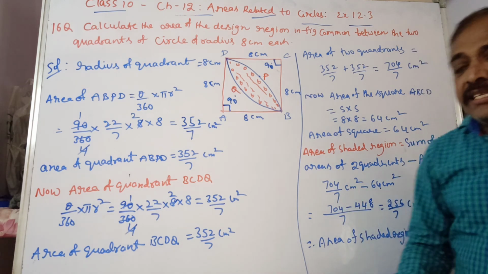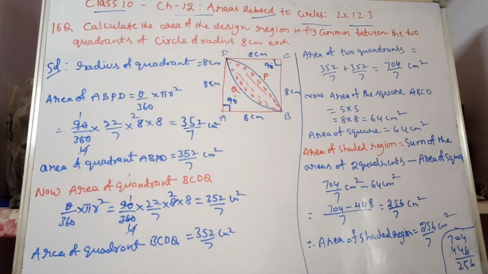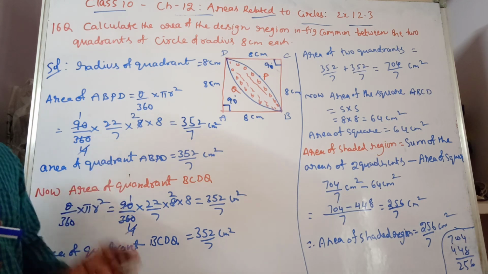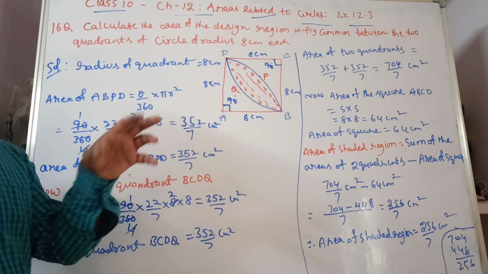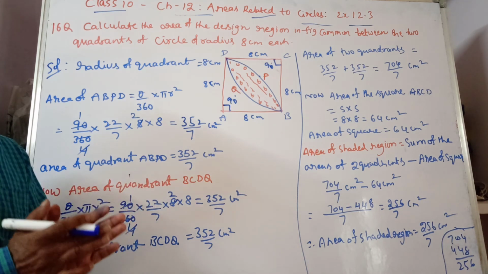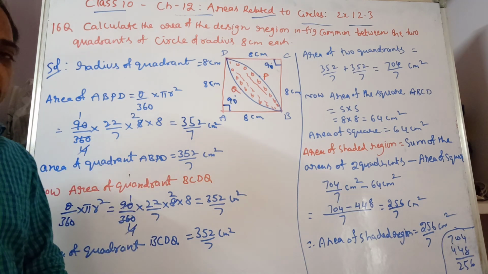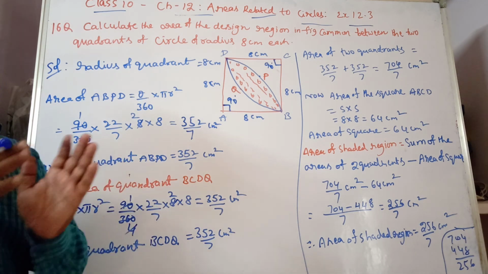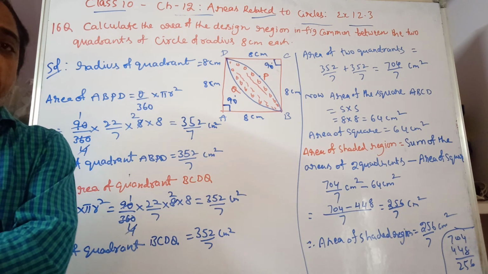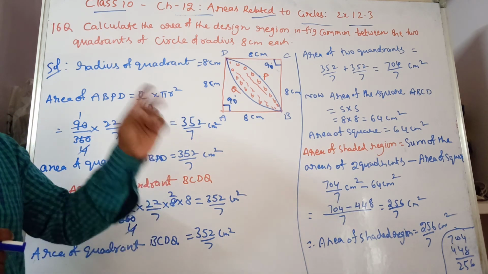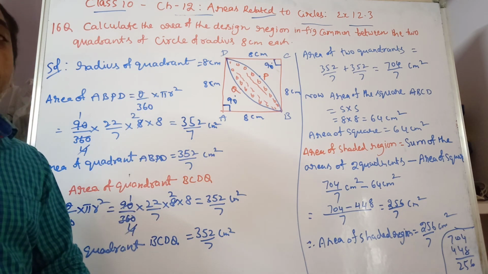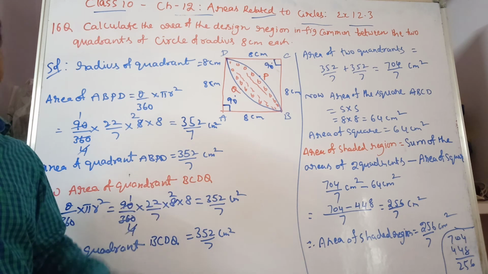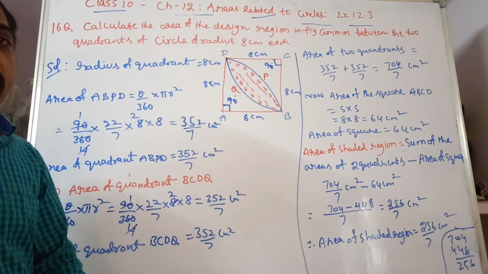Is it clear? So with this question we have finished the areas related to circles concept. I hope you understood what we have discussed in this. So in this we have discussed circumference of the circle. When two circumferences are given, how to find out radius of the new circle when both circumferences are equal to the circumference of the bigger circle. Then similarly areas of two circles is equal to area of the new formed circle. Then we found the radius, circular regions. Then we found areas of quadrant, area of the sector, area of the segment.